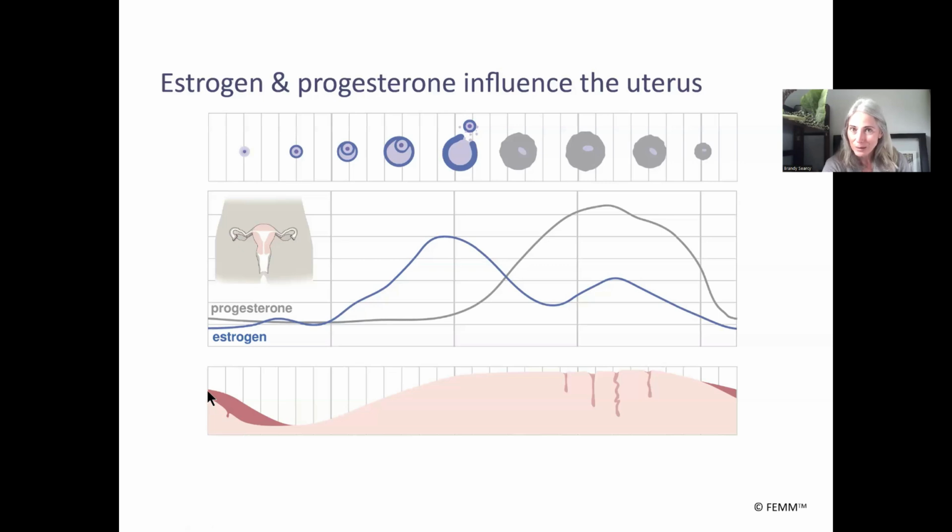here on cycle day 1, what is already happening in your ovary is that new follicles are forming, and every cycle you have more than one follicle developing. However, during every cycle, at some point, typically one follicle is selected as the dominant follicle. The reason I say typically one is because we all know that twins or even triplets, multiple births, are possible. So sometimes more than one follicle is selected that will then